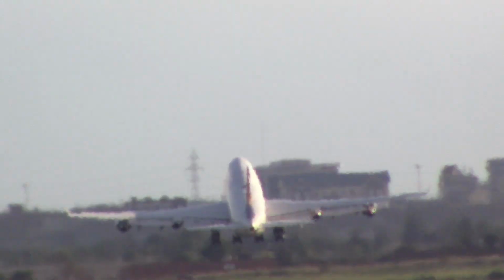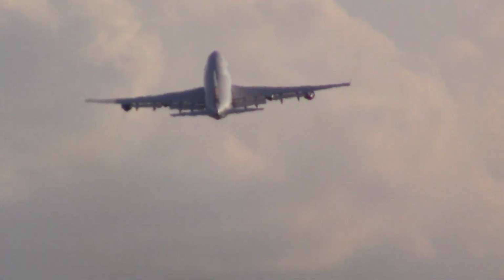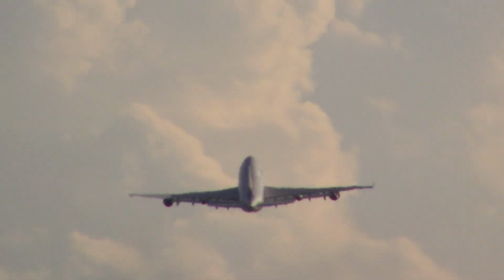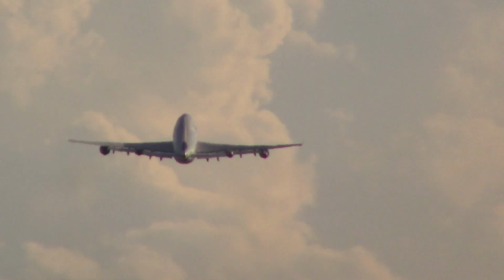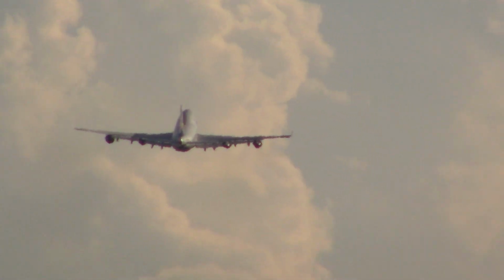Tower, wind 280 at 15 knots, traffic on final, clear to land runway 24 left, number 2. Clear to land, 24 left, 1910. Alright, second,